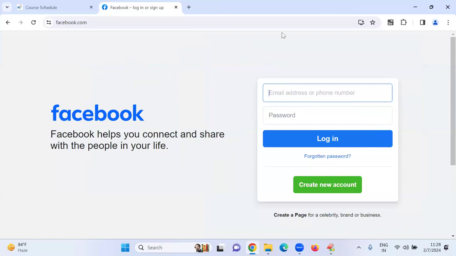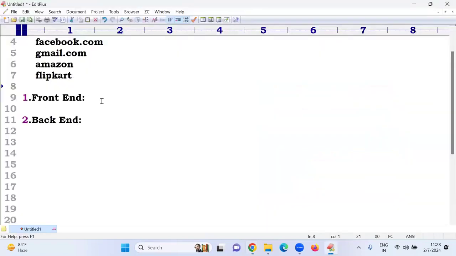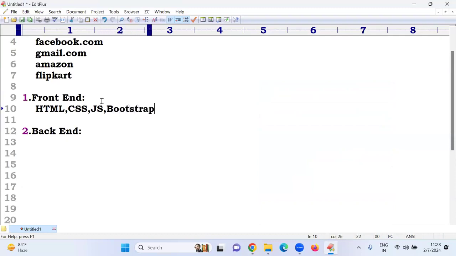To get this front end page, there are different technologies. Those are called as starting. I'm telling the technologies. What are they? HTML, CSS, JavaScript, Bootstrap, jQuery, DOM. 1, 2, 3, 4, 5, 6. 6 are available there. But in all these, the first 3 are mandatory, sir. Remaining are not that mandatory, no one can ask. But in all these 6, the very important technology is this one, JavaScript.